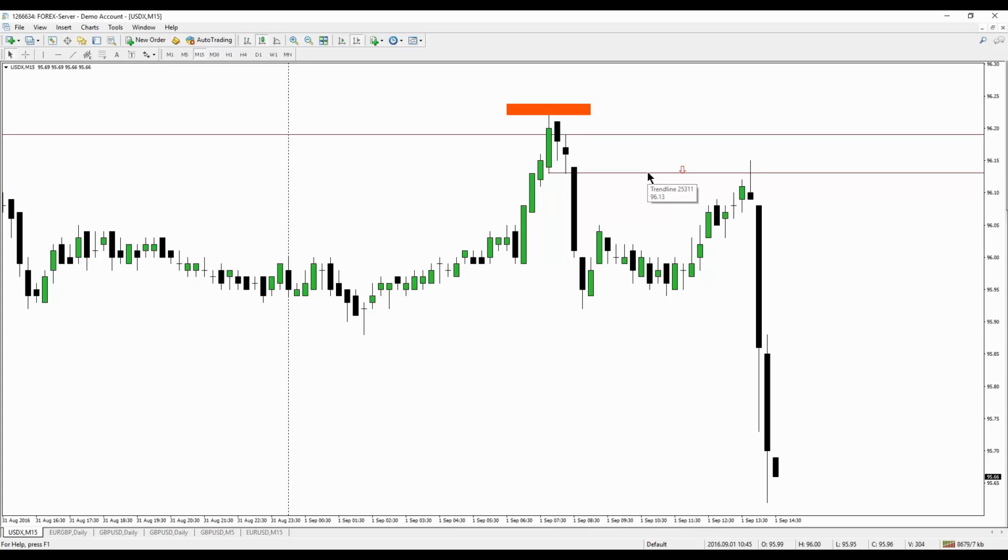We were specifically aiming at 96.15 with a willingness to see it move to 96.20 institutional. So the banks are going to have layered interest between the 15 level, which was the order block relative to the daily time frame, and then as much as 5 pips higher simply because of the institutional round 20. Okay, so we had that little bit of a range in here to contend with.